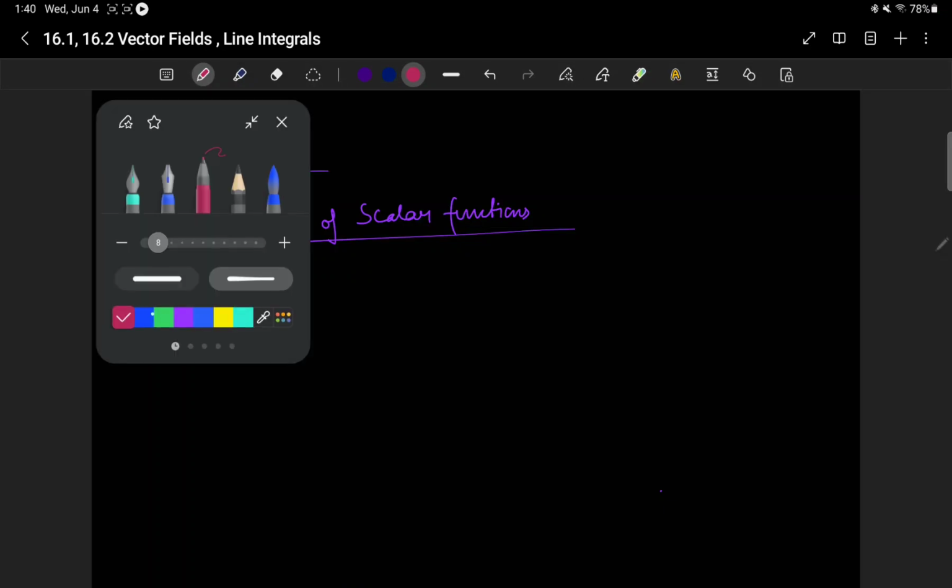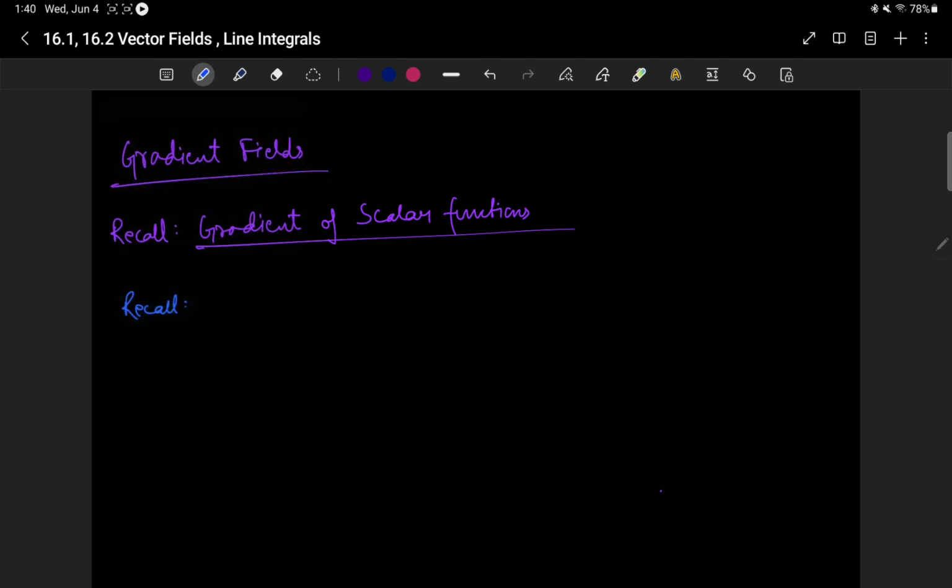Hi everyone, in this video we are going to learn about a special kind of vector field called gradient field. For that we have to recall something that you've learned from Calc 3, which is the gradient of a scalar function. So if you have f is a scalar function, meaning it's just your regular function whose output is a scalar and not a vector, of two variables,